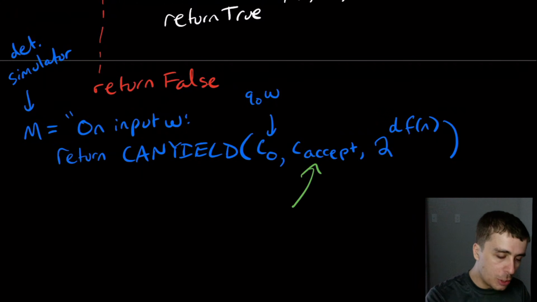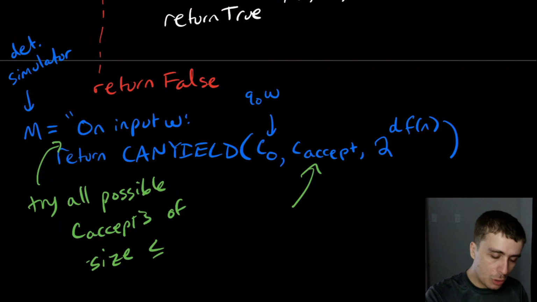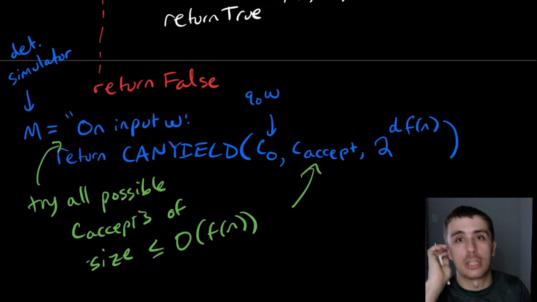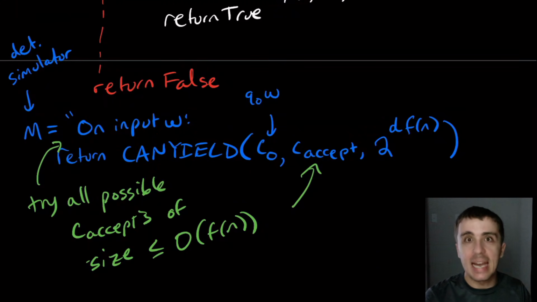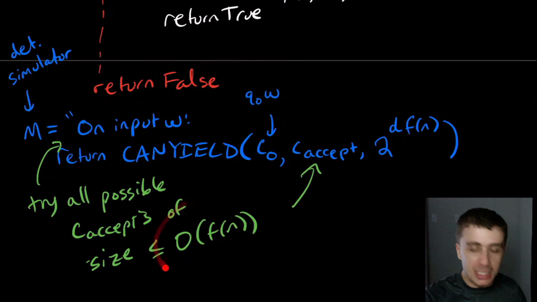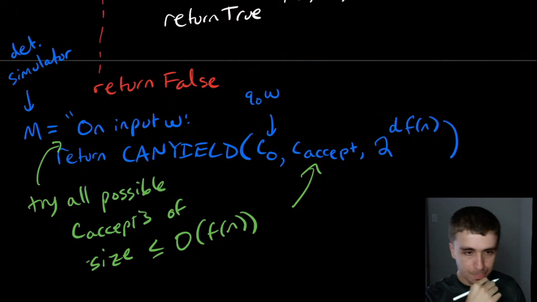So what we should really do here is to try all possible C accepts of size at most big O of f of n, or whatever the constant actually is. Okay, so we're going to look at every single one of these candidate configurations, and if any of them work, then we will return true. And since each one of these calls uses f of n space, and this uses some amount of space, we'll determine what that is in a sec,